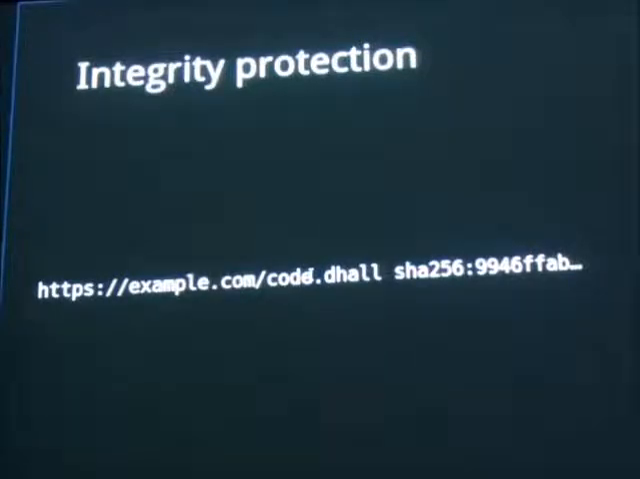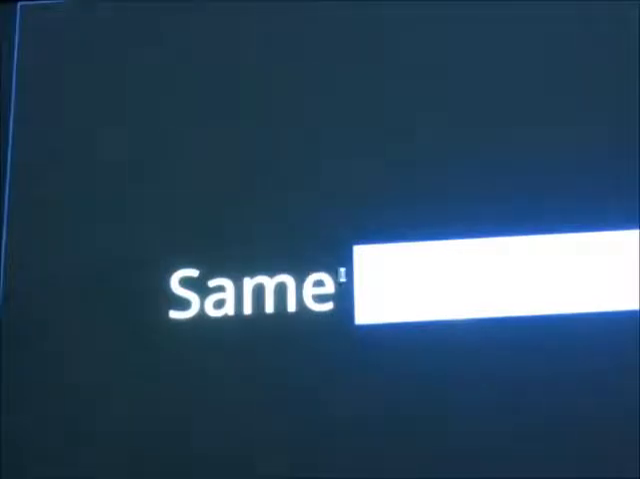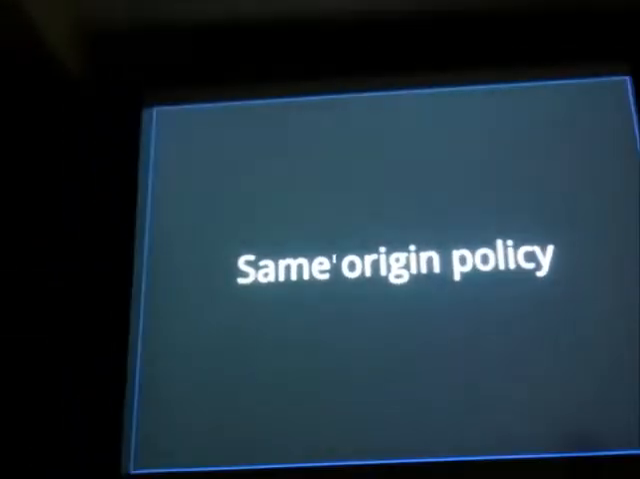You're not allowed to reach out very much, and when you do reach out, you can make sure that what you're getting is what you thought you were getting back when you wrote the file in the first place, and it's not been replaced by some crazy other thing. Yeah. Basic, normal stuff. We have the same origin policy. So if you fetch,